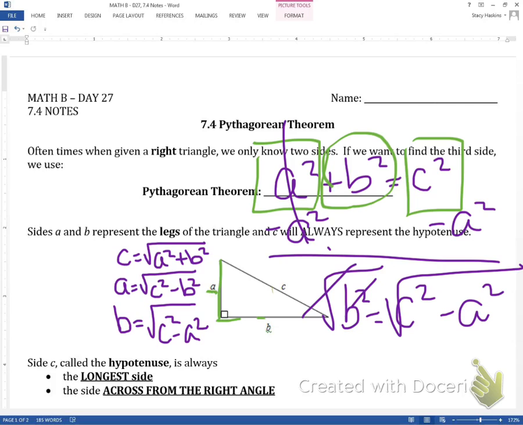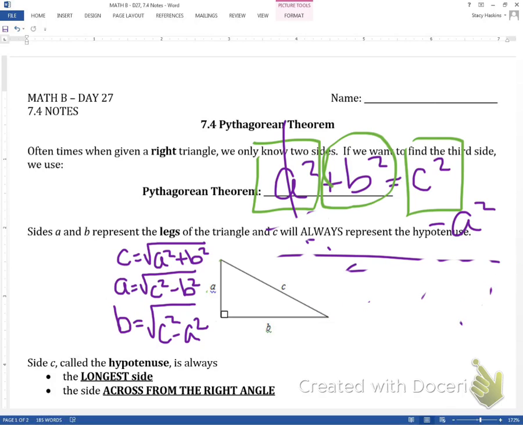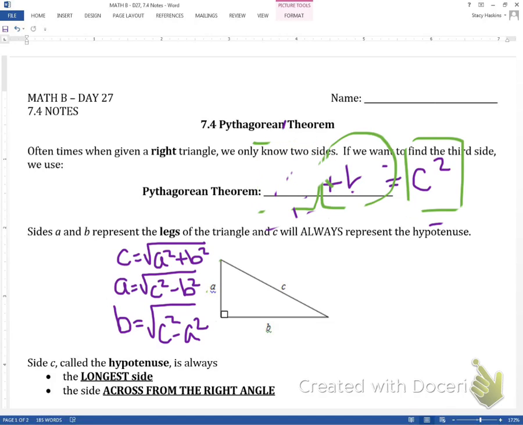Notice that that is not much different from the last equation that we just did when we were solving for a. So even though the formula a squared plus b squared equals c squared is on most standardized exams' formula sheets that you're given, it doesn't solve for anything the way you see it. Therefore, I strongly recommend and encourage you to memorize not the a squared plus b squared equals c squared formula, but actually those three formulas that we just spent the time solving for, those three variables,